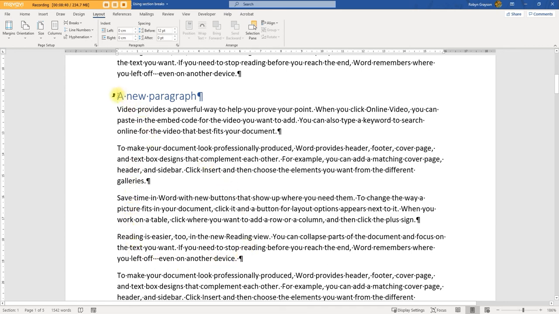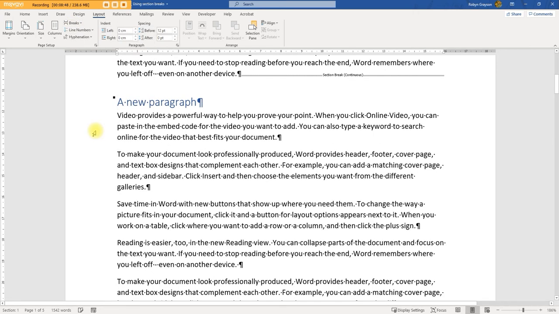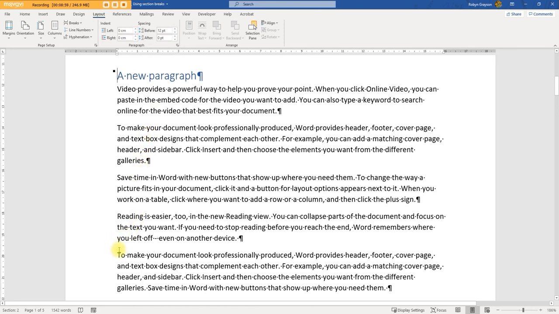Now to do that I have to set a continuous one. So I click at the beginning of that paragraph, I go up to my breaks and click on my continuous. You'll notice up the top here is a continuous section break, and then I'm going to go down to the one, so what I said, 1, 2, 3, 4. Okay, so I'm going to click to the end of that one there, and I'm going to put in another